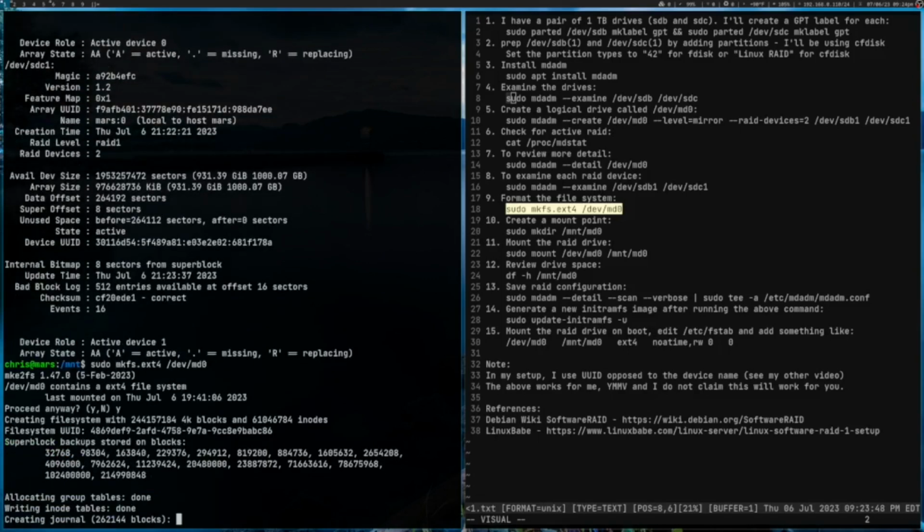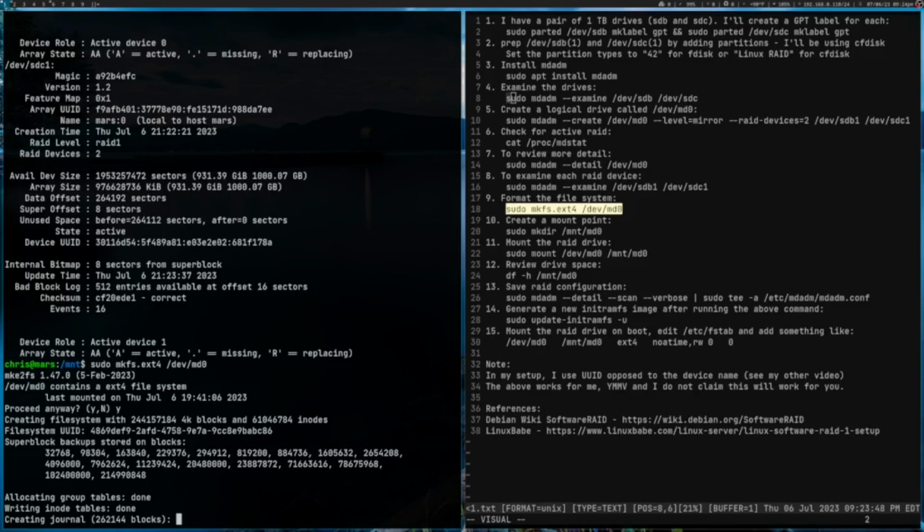Yes, this will take a little bit of time. As you can plainly see on the right hand side of the screen, we're already at step number 10. And as you create these and get more familiar with the process, you'll be able to zip through this quicker than what I'm actually doing here now. I mean, it gets to be second nature. And if you come from an Arch world, you'll see that